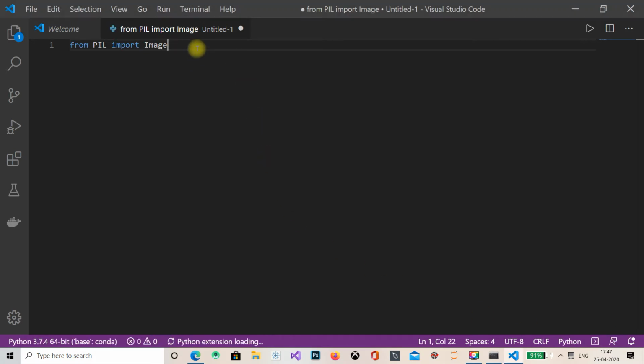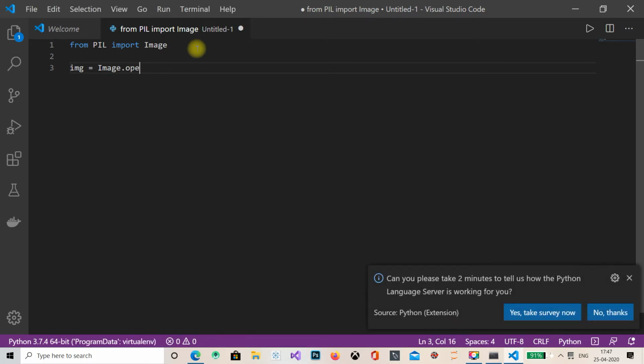From PIL import Image. Now what we want to do is open the image, right? So I am creating img equals Image.open.